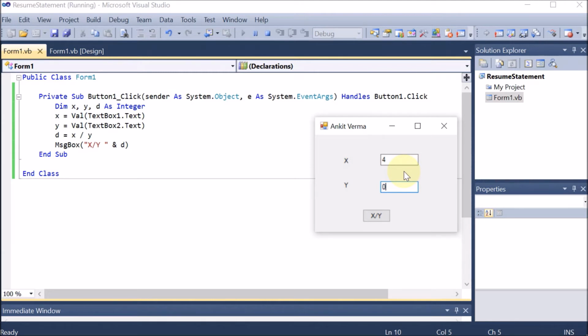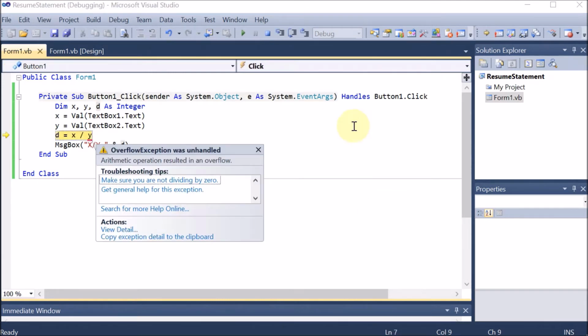Now we are putting the value 0. This is not wrong. This is not an error. This is an exception. Exception means something which is different. So if I click over there, now we can see that the program is going to the overflow exception. Here the program is mentioning that an exception is going to be encountered. Now this thing we have to avoid. This is called exception handling. So anything which we are going to provide except the normal thing is called the exception.